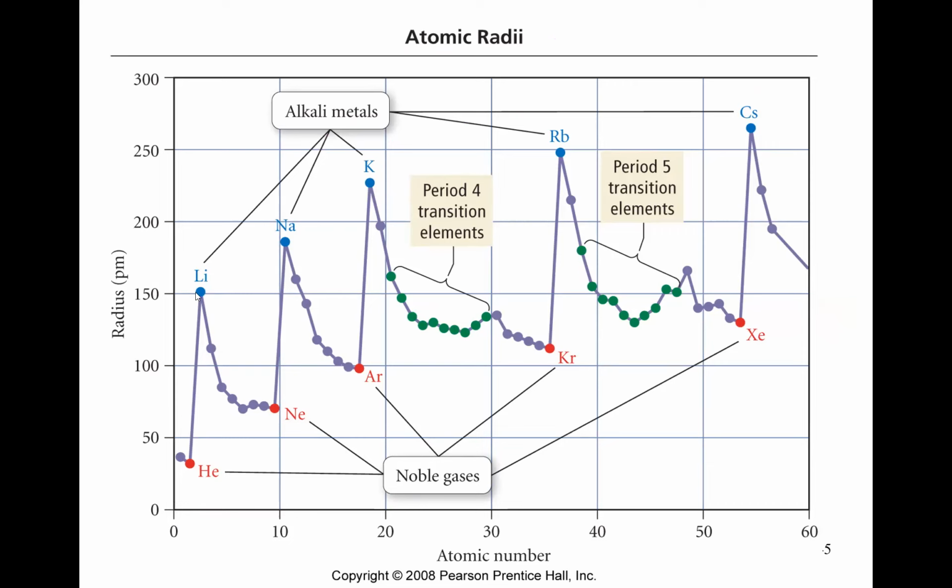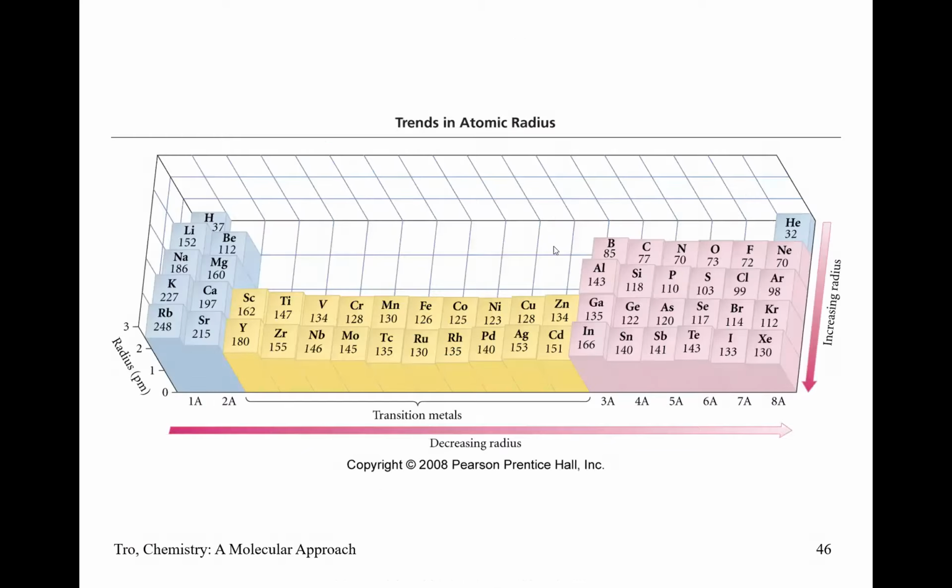Then lithium, let's call this 40. Now it's 150. For sodium, it's, I don't know, 190. Potassium's up here at 230, etc. You see the trend. So the electron that you're removing is getting further and further away from the positive charge. And also the core number of electrons is building up that protects that outermost electron. So the ionization energy,